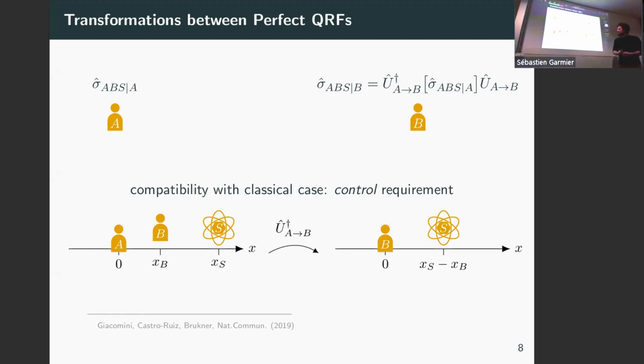Now, the reason this is called the control requirement is because this now generalizes bilinearity to more general states on Bob's frame. And so what you end up with at the end is a so-called controlled unitary. This is a concept from quantum information theory where a transformation applies different unitaries on some subsystem based on the state of another subsystem. So the second subsystem controls which unitaries are acting on the first one.